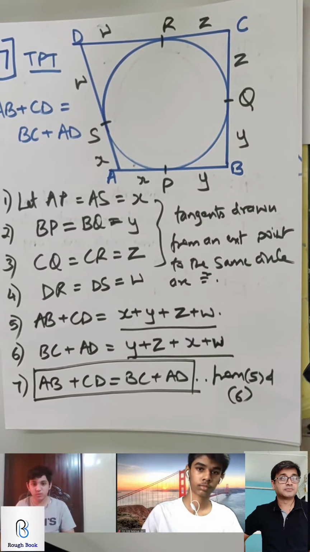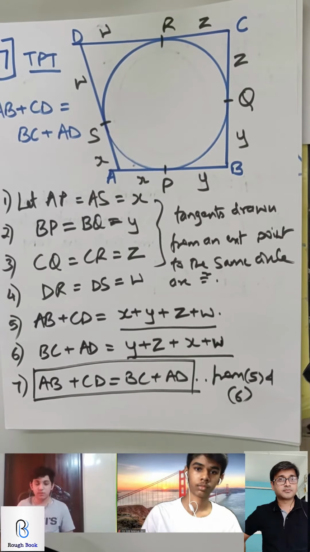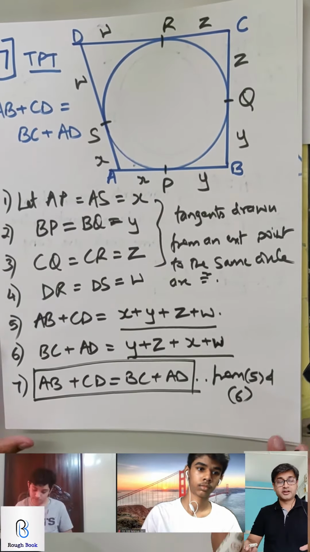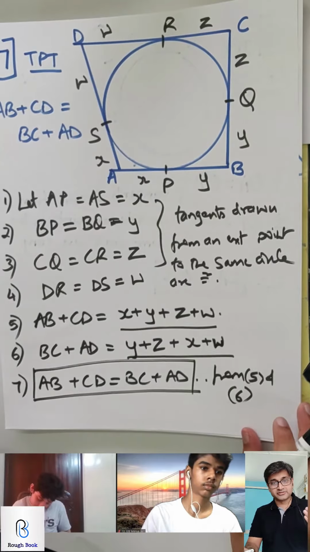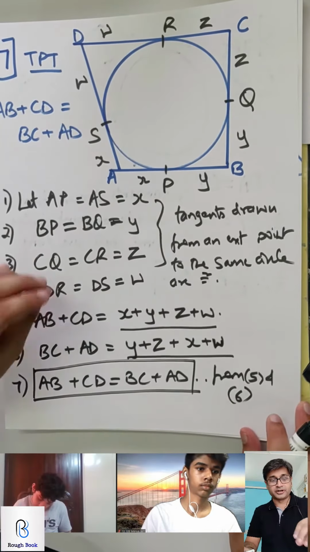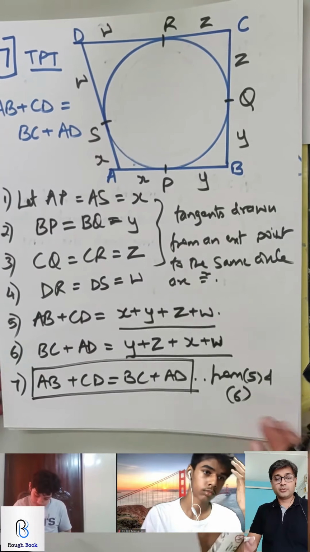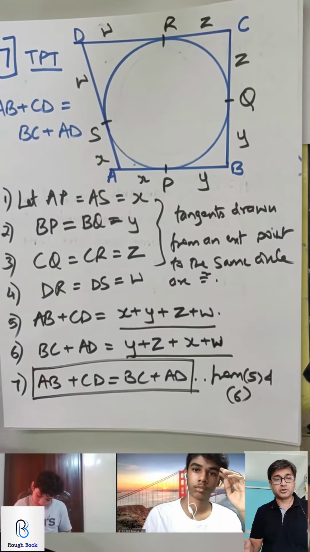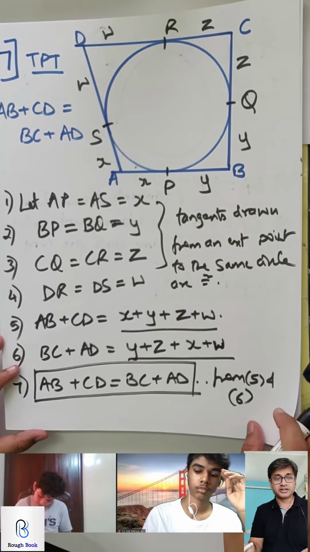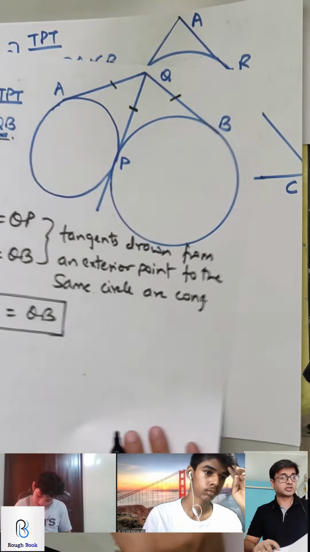Yeah, say Kailash. No, it's simple. Yeah, it's simple, right? So you just have to know the properties very well. So we just use a simple property here. Tangents drawn from an exterior point are equal. We name them as some alphabets, and there you are. It is very, very simple. Let's go to the next one.